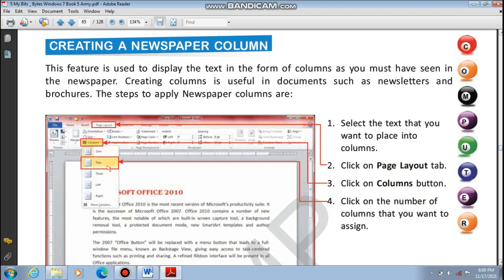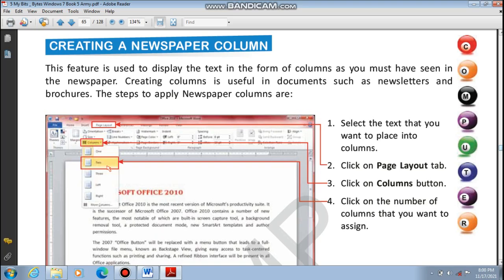Okay, so you all must have seen the newspaper or read the newspaper, right? आप सबने न्यूज़पेपर देखा होगा, पढ़ा भी होगा. So जब the general typing we do in the Microsoft Word, that is different from the newspaper column.